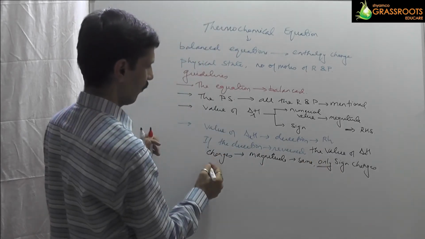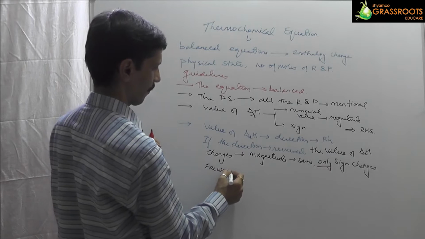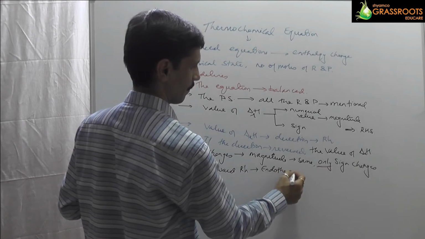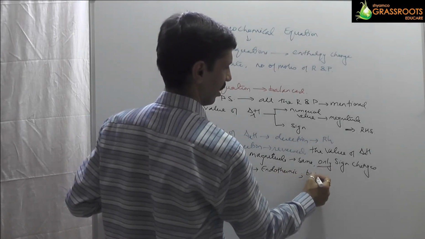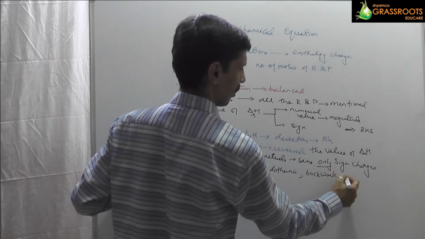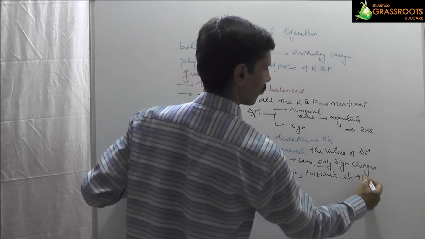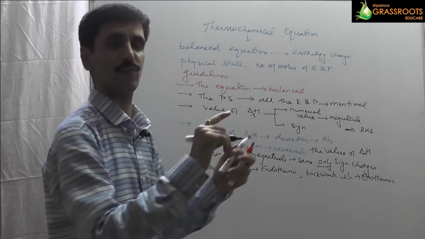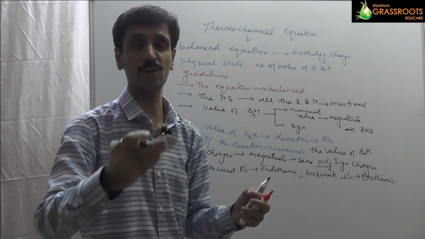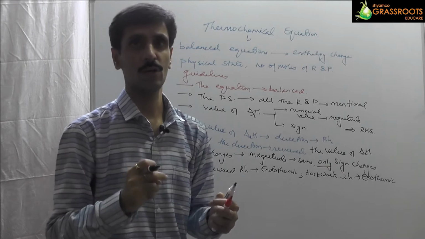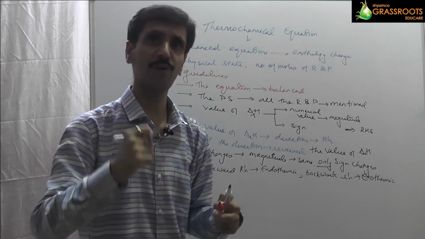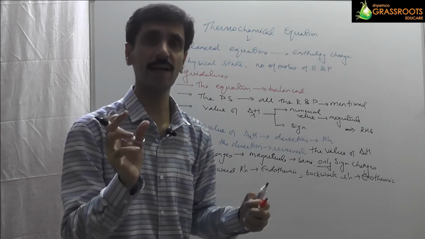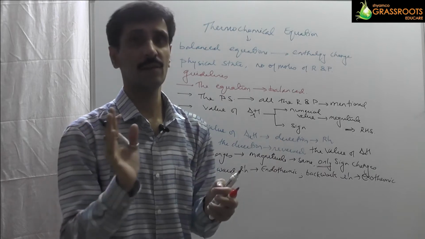That means if the forward reaction is endothermic, then if I change the direction, it will become backward. So the backward reaction will become exothermic, and vice versa. Okay, यानी फॉरवर्ड रिएक्शन है तो एंडोथर्मिक है, तो हमें क्या बोला है, पॉजिटिव साइन आएगा, तो बैकवर्ड में क्या हो जाएगा, वो नेगेटिव होगा। अगर सपोज फॉरवर्ड नेगेटिव है तो बैकवर्ड पॉजिटिव हो जाएगा। लेकिन जो मैग्नीट्यूड है, जो न्यूमेरिकल वैल्यू है, वो सेम रहेगा।